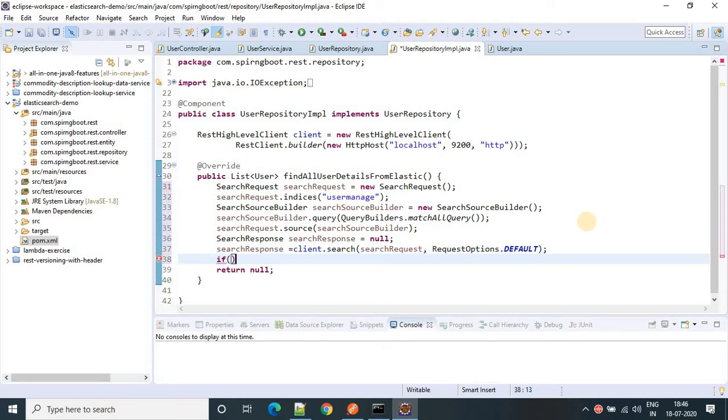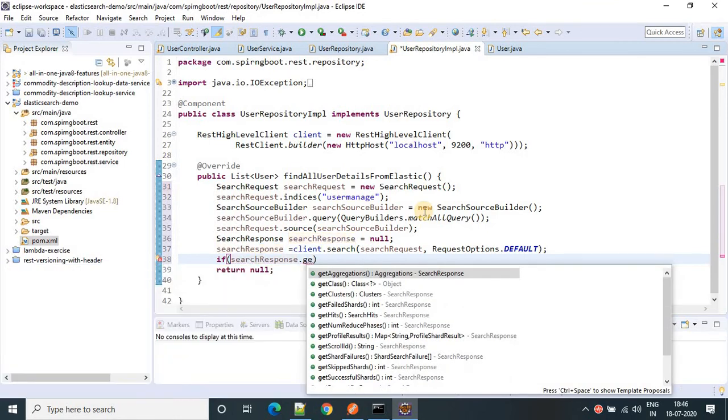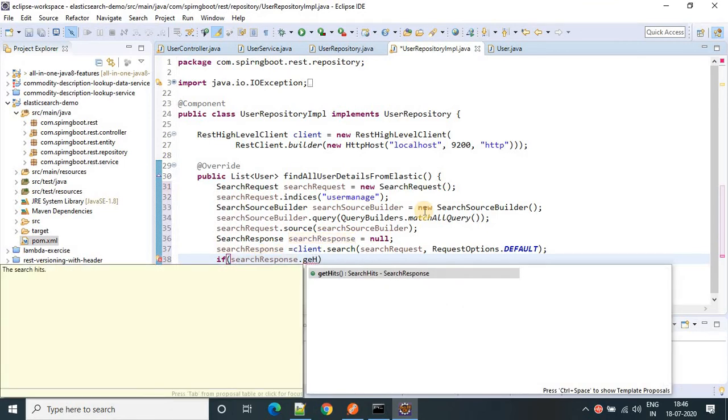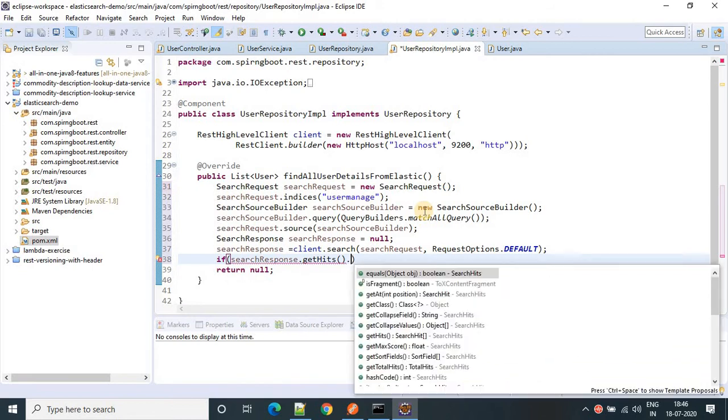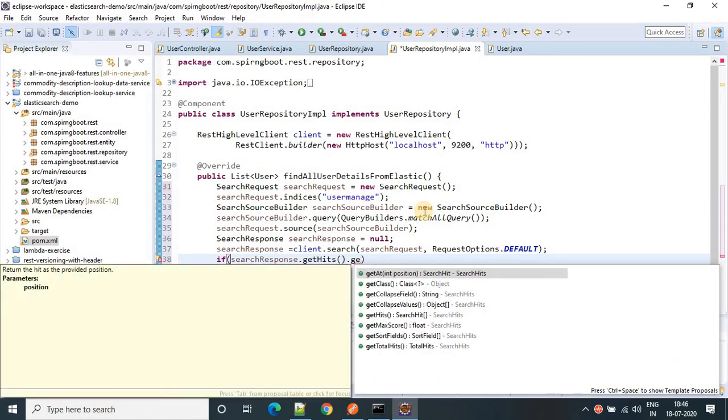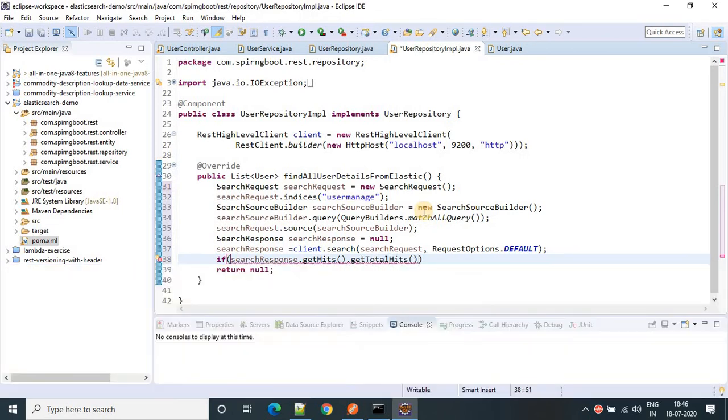Now write an if block: if we have here search response dot get hits, get hits dot get total hits dot value is greater than 0.